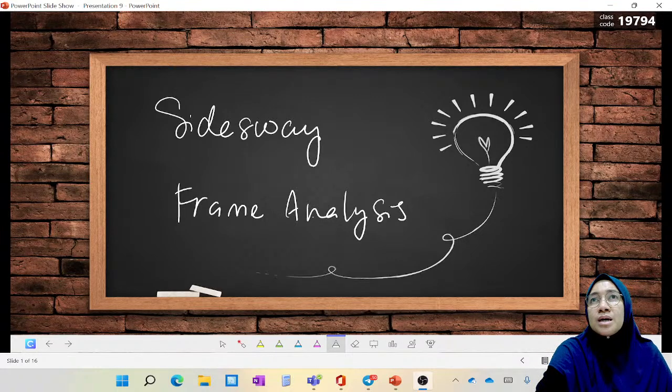towards the given loading. But we need to know as well that fixed end moment is not only for external loading. Beside external loading, we can also analyze or calculate the fixed end moment